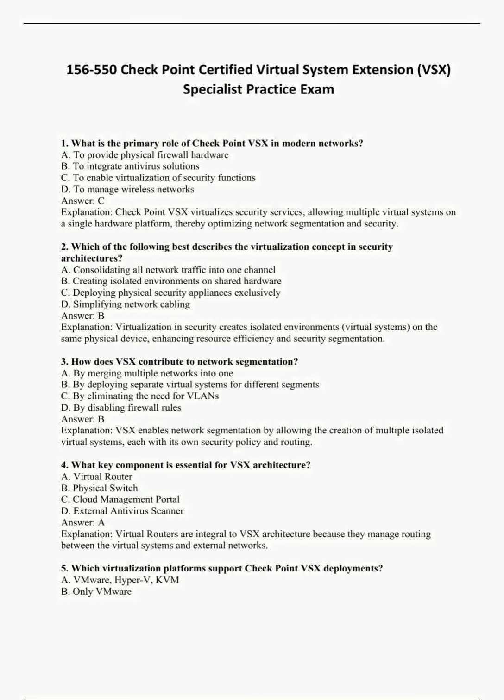1. What is the primary role of Checkpoint VSX in modern networks? A. To provide physical firewall hardware. B. To integrate antivirus solutions. C. To enable virtualization of security functions. D. To manage wireless networks. Answer C. Explanation. Checkpoint VSX virtualizes security services, allowing multiple virtual systems on a single hardware platform, thereby optimizing network